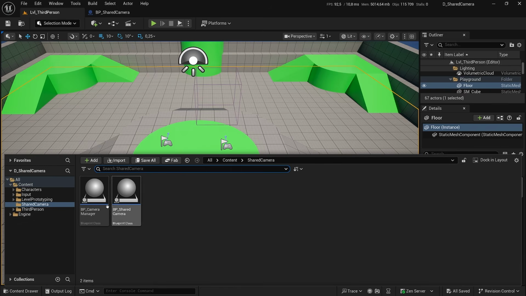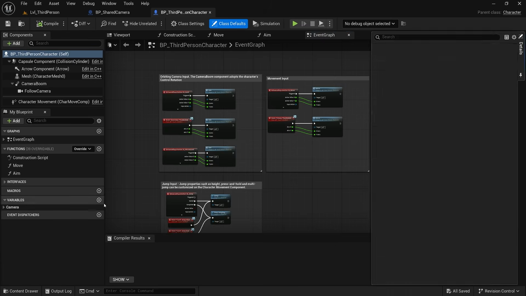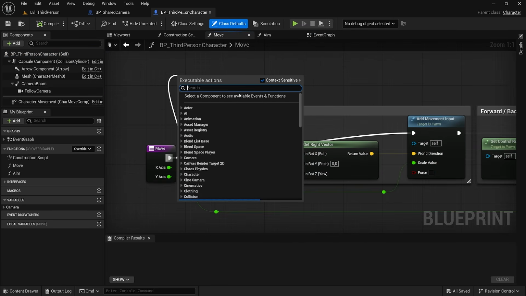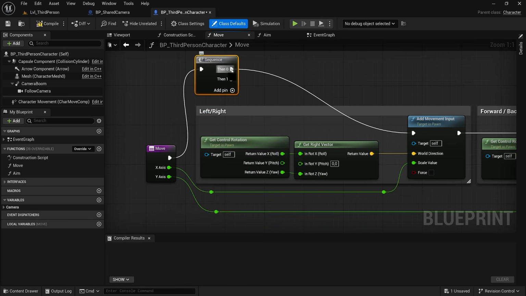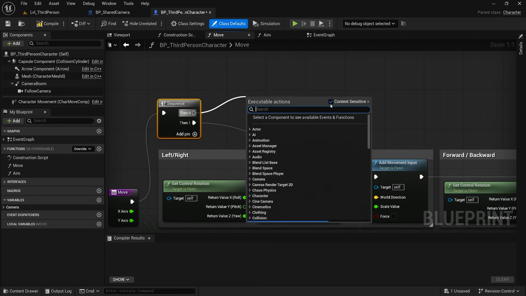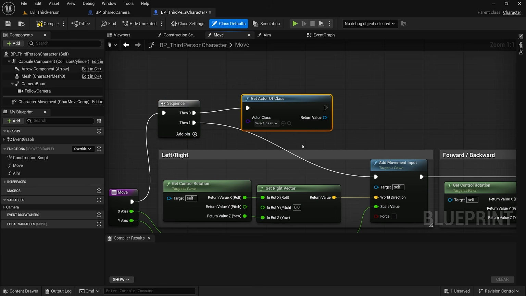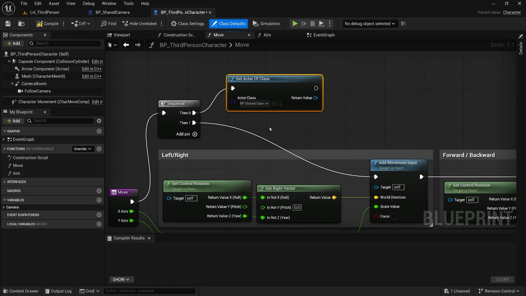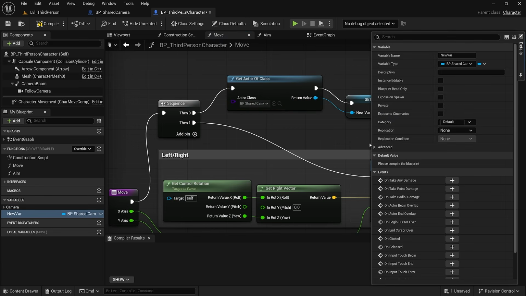We will add this check inside the blueprint of our character. Search for the move function and double click on it. Here, the first thing is getting a reference to our camera. We cannot get it from the camera manager because each character will have its own camera manager, but not all camera managers create a shared camera. We need to search for our shared camera and promote it to a variable so it's easy to access. Give it a good name,